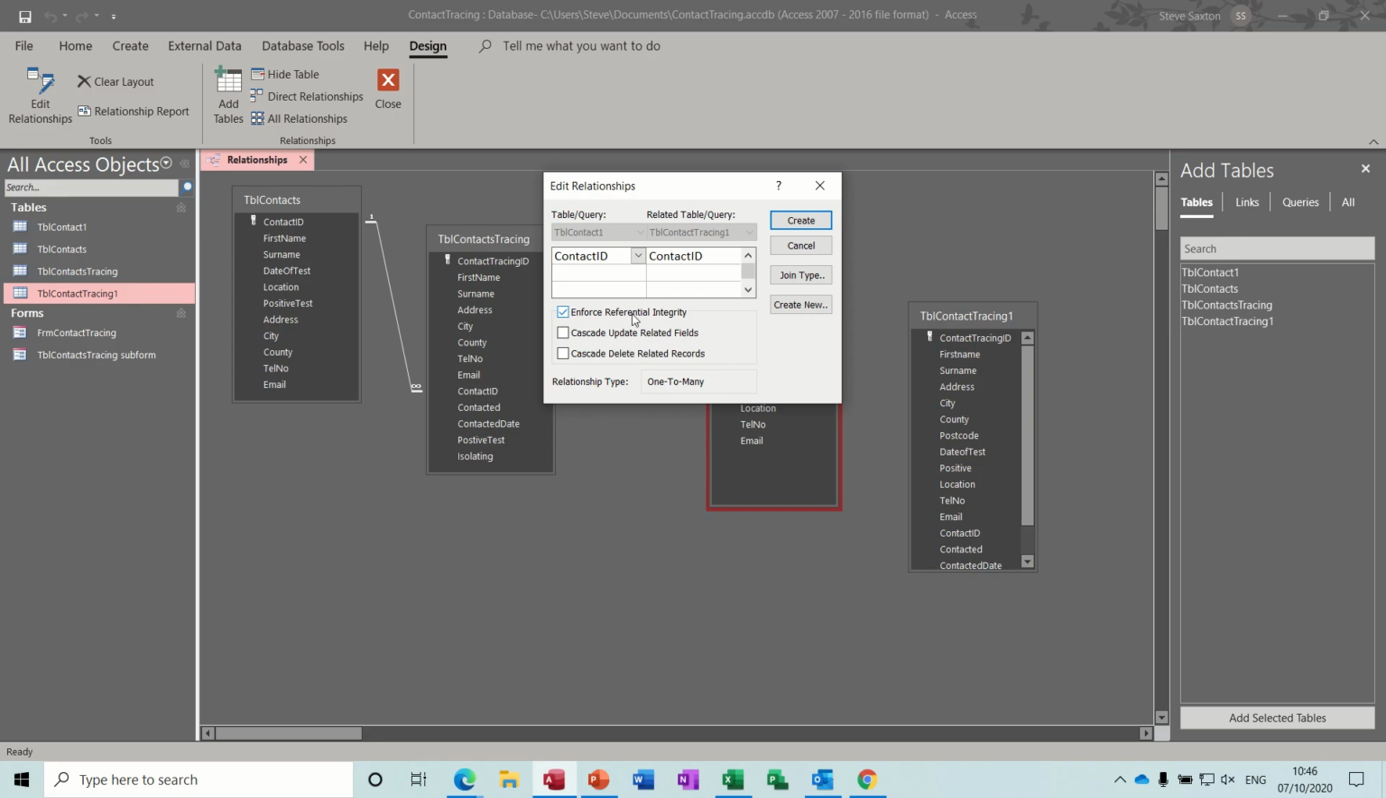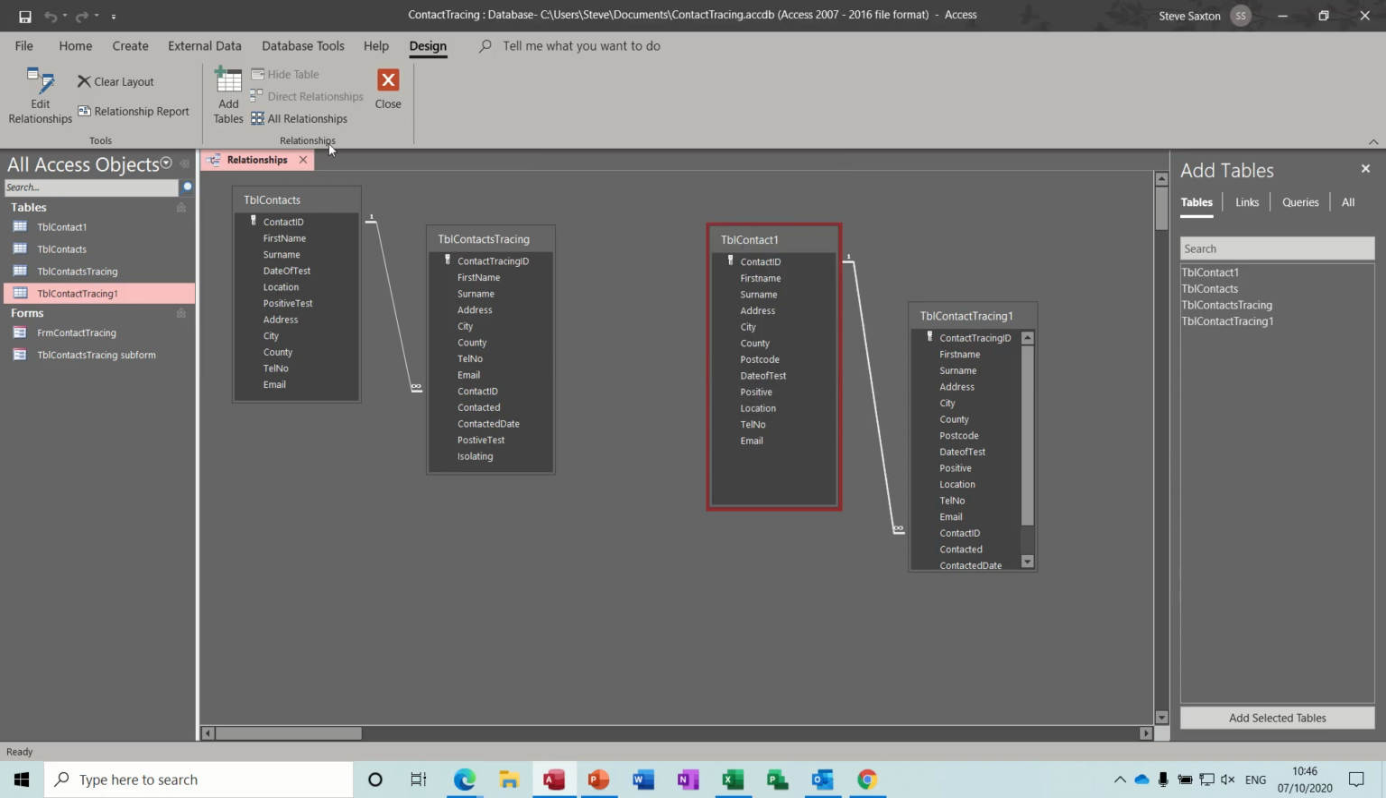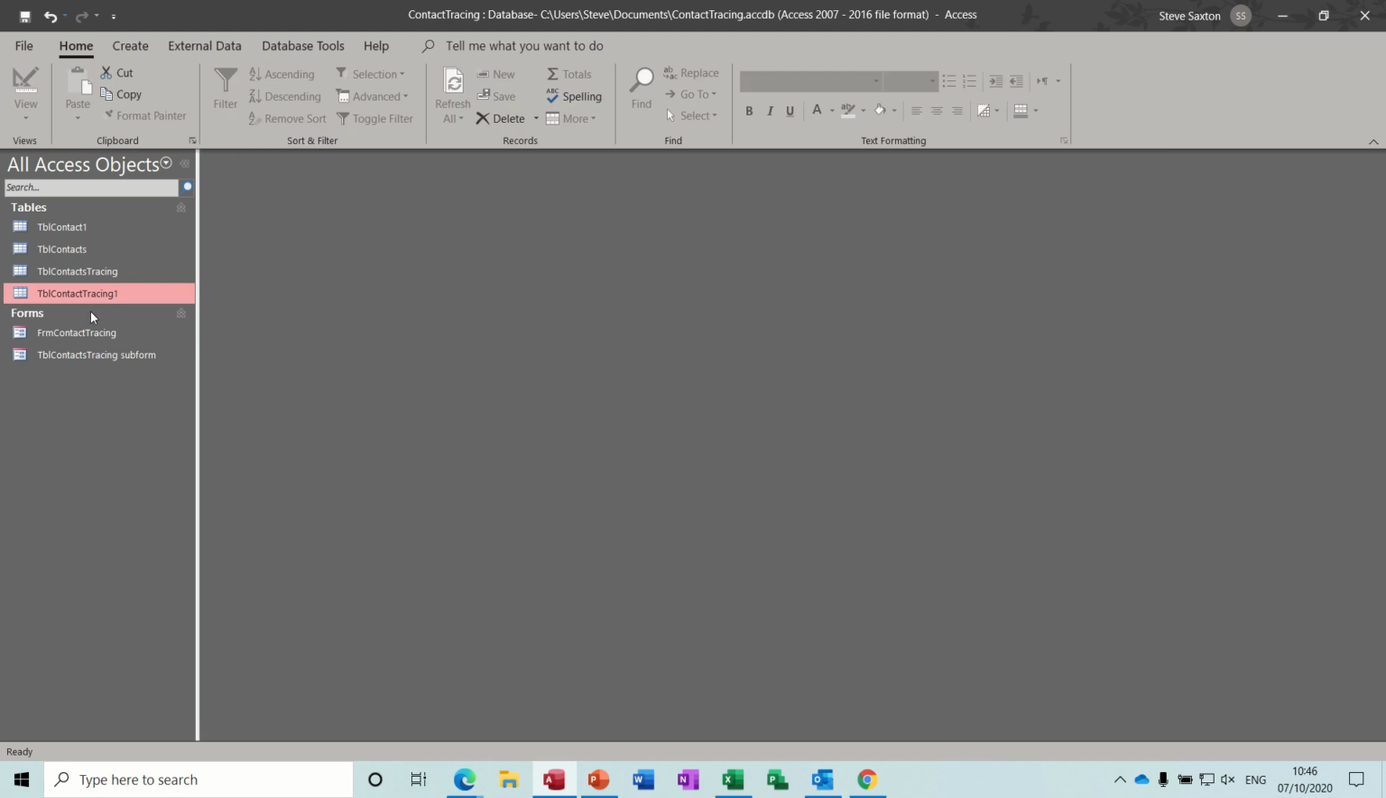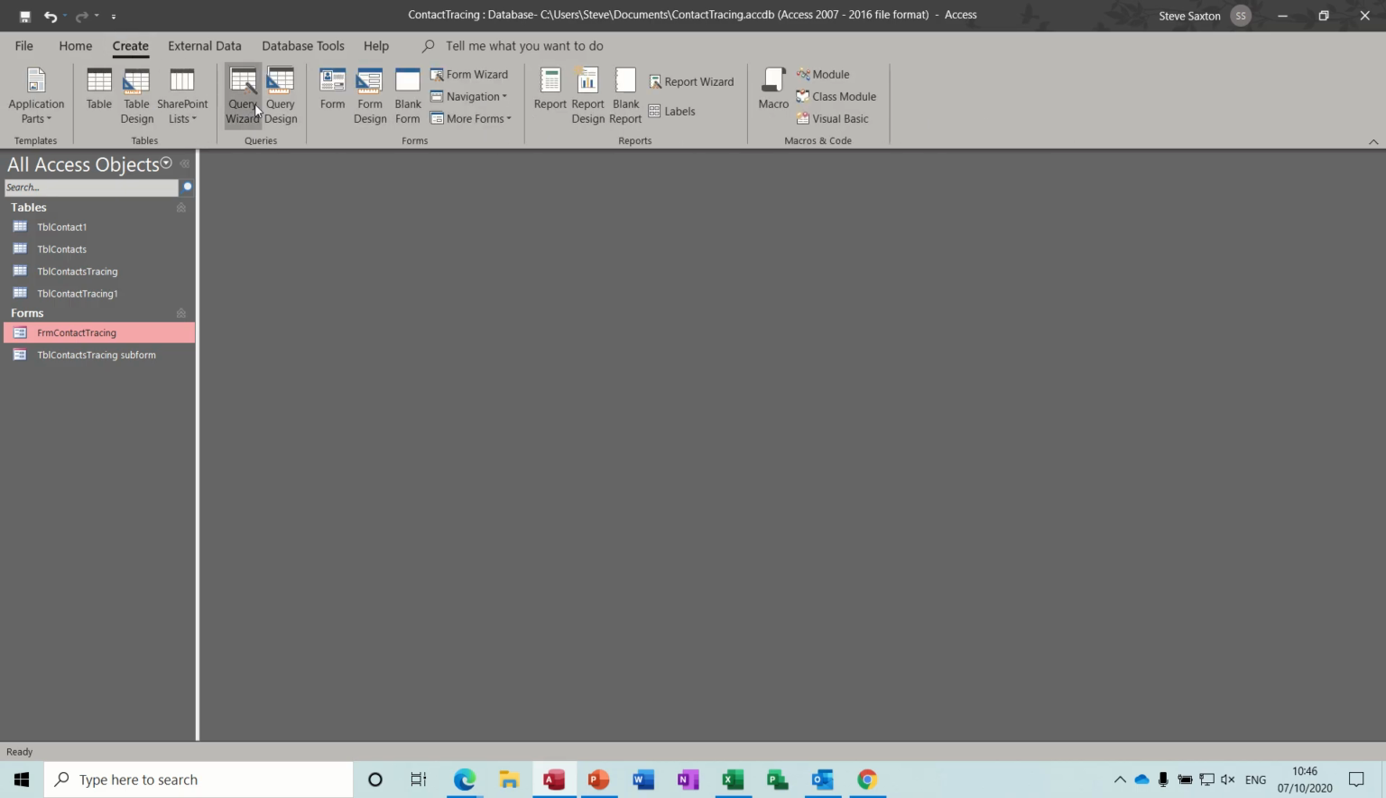Enforce referential integrity. That means you won't be able to create a contact in this tracing table if the contact does not already exist in this table. Stops you creating orphan records. Create. There's the link. Save. Close. So now when I create a form,